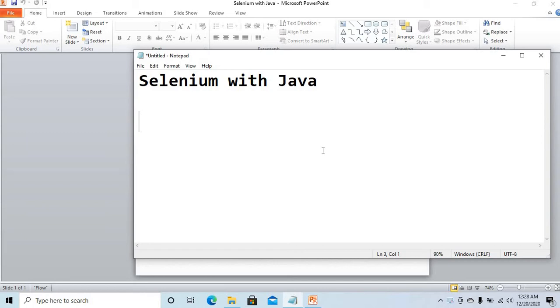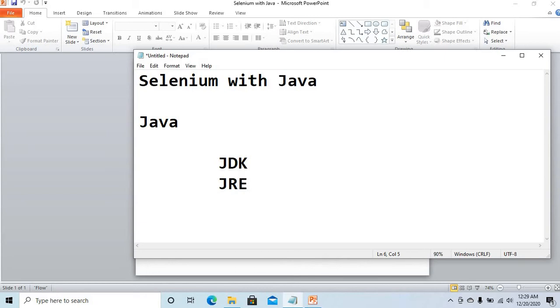First we need to configure Java on our machine because we are trying to learn Selenium in the Java language, which means we are trying to write code in Java. For that, we first need to do the Java configuration on our machine. It's very simple. We need to download the Java components and install them on our machine. Java consists of two components: one is JDK and the other is JRE.